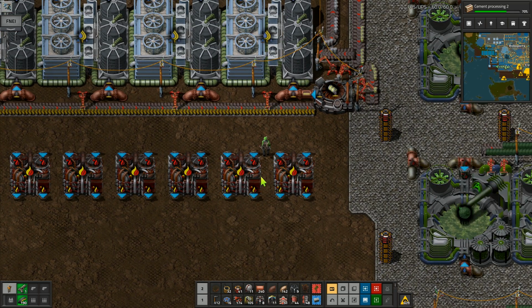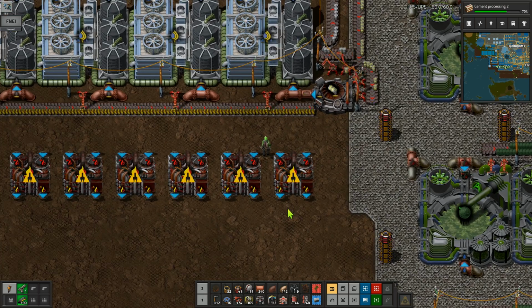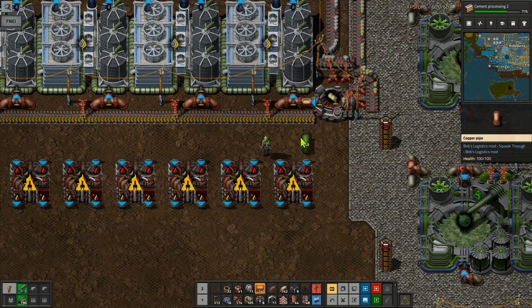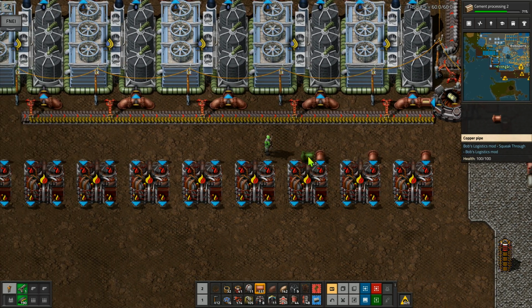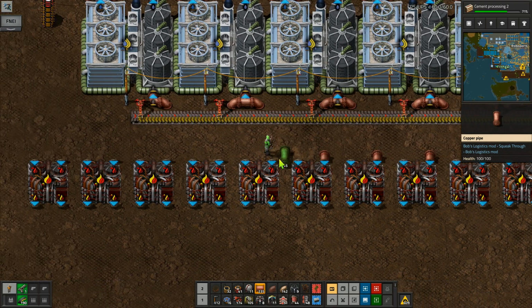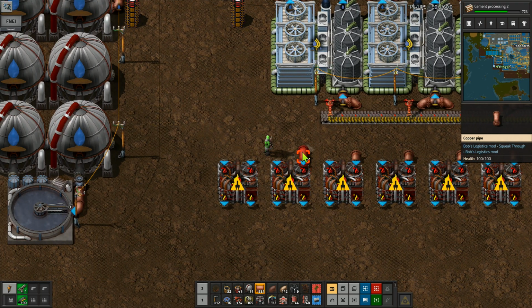I could have put these in tight together, actually. Maybe I should... No, I won't. I'll leave them like they are, because I can still do it like this, and this is going to allow me to make this a little bit more compact in the north-south direction, because then I won't have too many pipes. Right, so you go like that, and then we take...